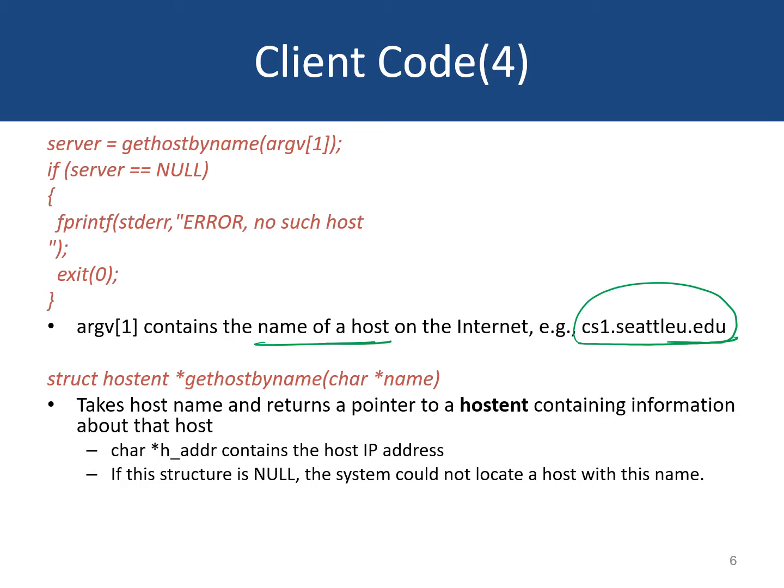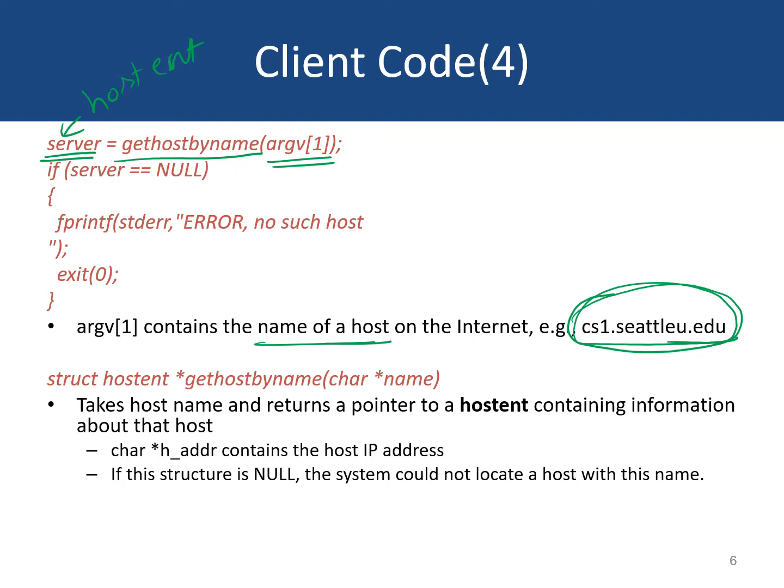However, to make this connection, we first need to extract the IP address of the server from its host name. And to do that, to figure out the IP address of the server or the host by its name, we will use the gethostbyname function. This function takes the name of the server machine as an argument and returns a pointer to a hostent structure containing all the information about the server machine or the host. Recall this server variable is defined as a hostent structure type earlier in our program.